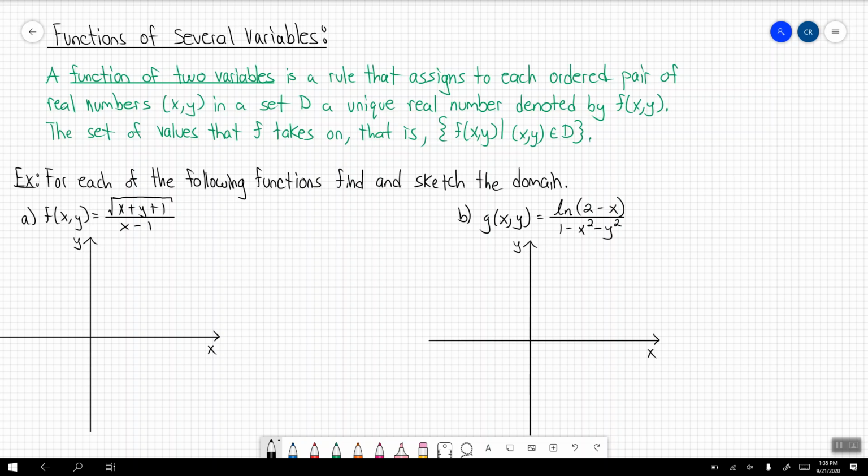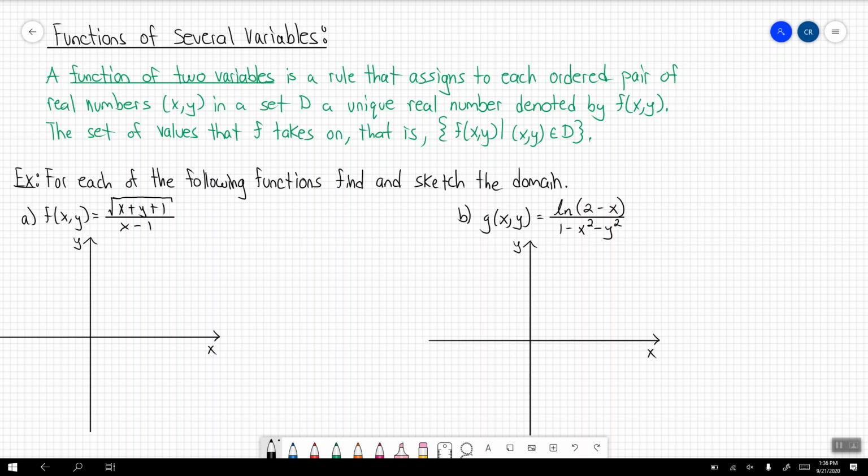Now, we've seen some of these functions before, in terms of x, y's, and z's, that we were introduced to back in chapter 12 when we were looking at surfaces. And now we want to formalize that definition a little bit more in order for us to start working with these functions